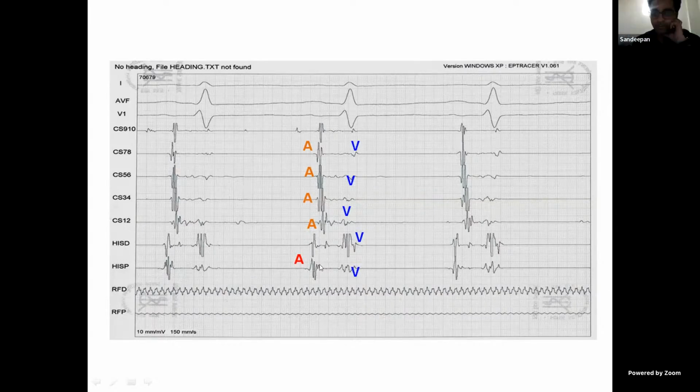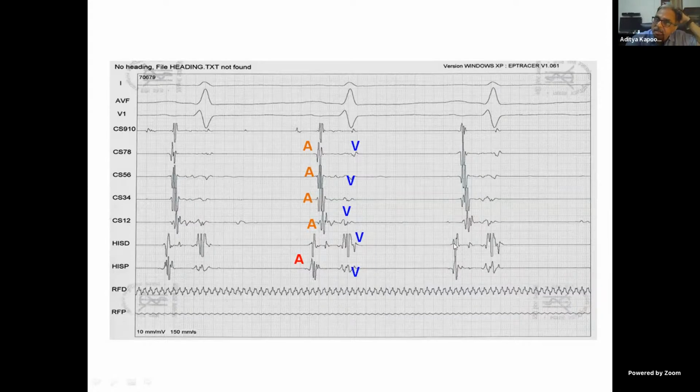You see this? Sir, because the activation sequence is from the His towards the CS. So the first electrode will be a His potential, because the His will be the first to be activated, then followed by the proximal CS. So, you're theoretically right, but a better explanation can be, you can reword it like that: His bundle